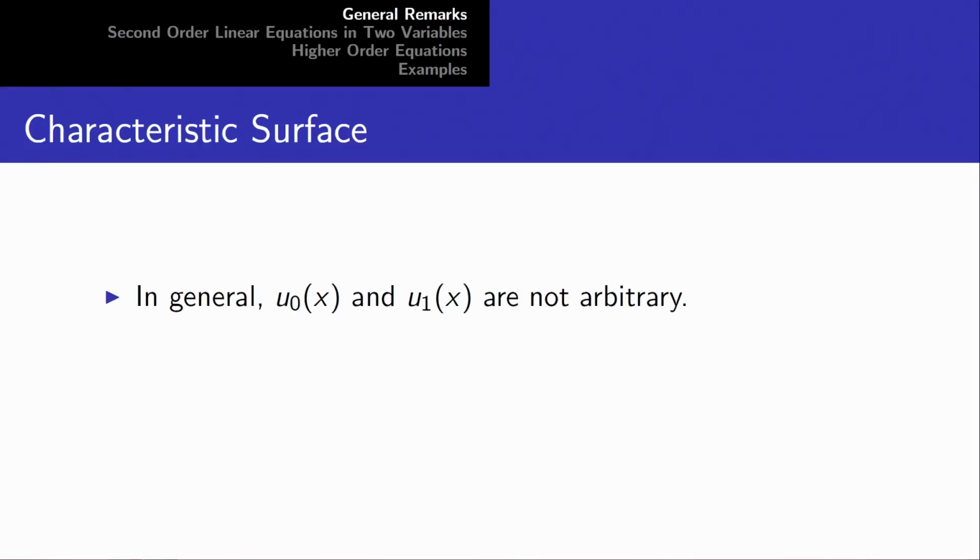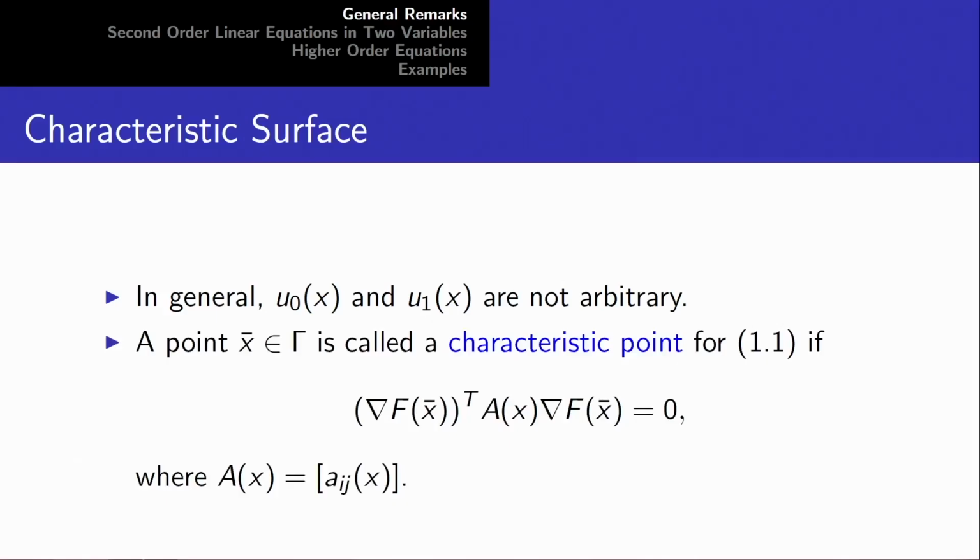So, that is the difference. What makes this difference is the fact that we did not face this in the case of ODE, but in case of PDE we do face this, and the main reason for that is whether gamma is a characteristic surface or not, characteristic with respect to